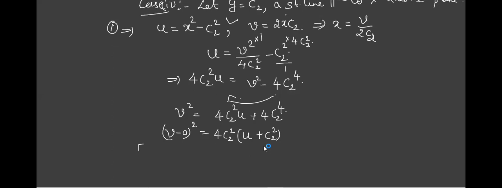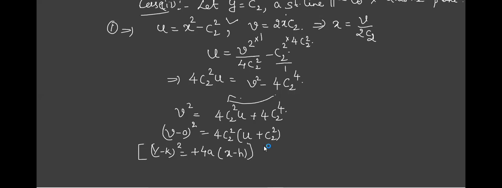Tell me the corresponding equation. What is this representing? Obviously, y minus k the whole square equal to 4a into bracket x minus h, with a plus sign. See, here it may be plus, but the standard format is x is shifted to x minus h, y is shifted to y minus k.